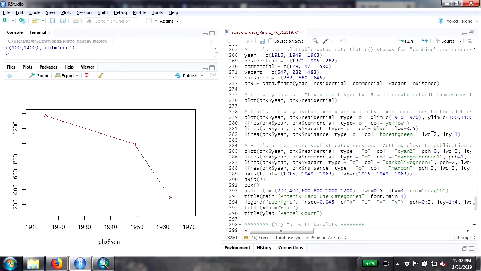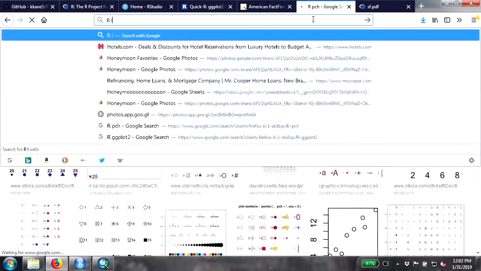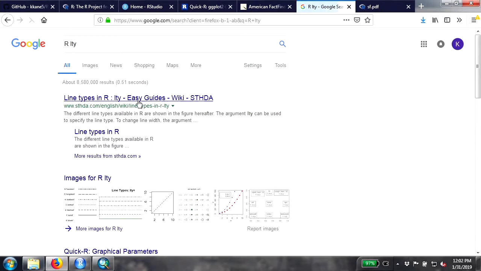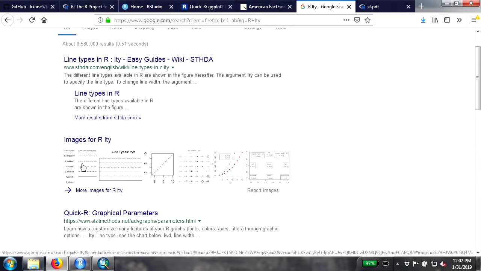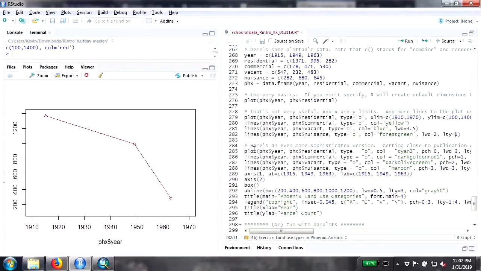And then you can add a couple of little parameters if you want to tinker with LWD, which is the line width, and LTY, which is the line type. Again, if you just want to search, this might be your easiest way: line types in R, like solid, dash, dotted, etc. So if I run all these here,